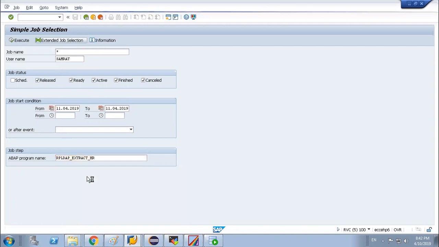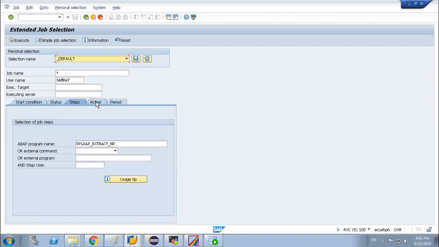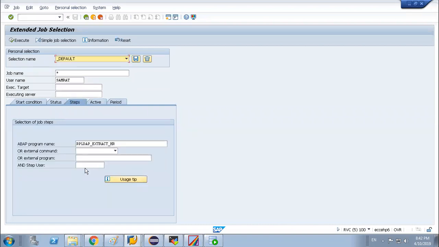Extend job selection. Under this, what is the program? This was the job, right? And where to update the variant?